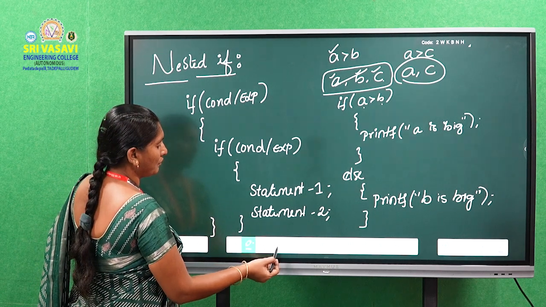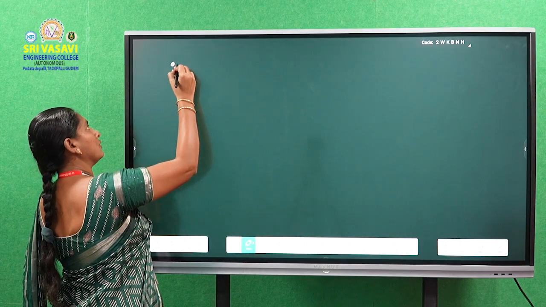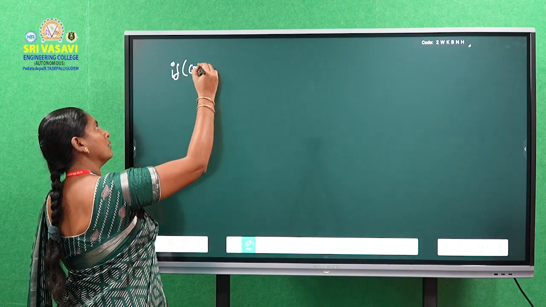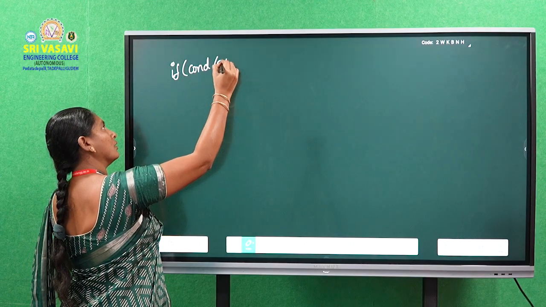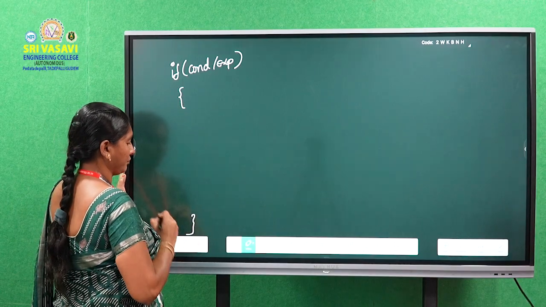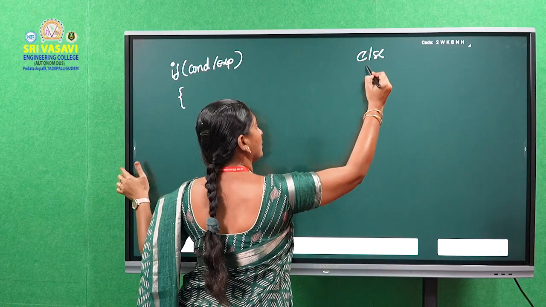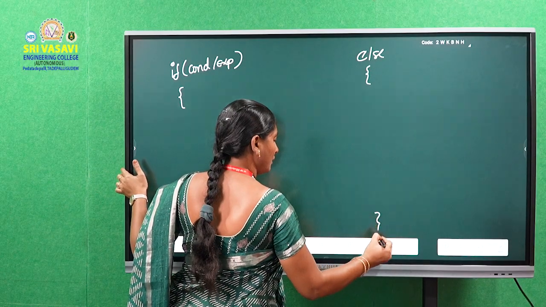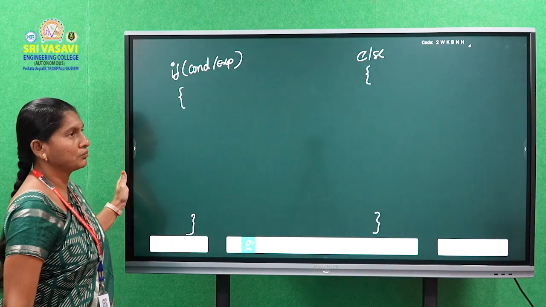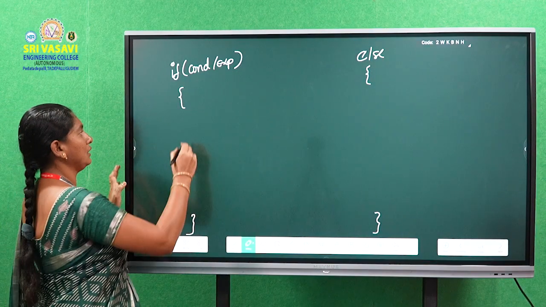We will see that one also. If I am having if else, that means I am first using the if else concept. If I want to include nested if else here,